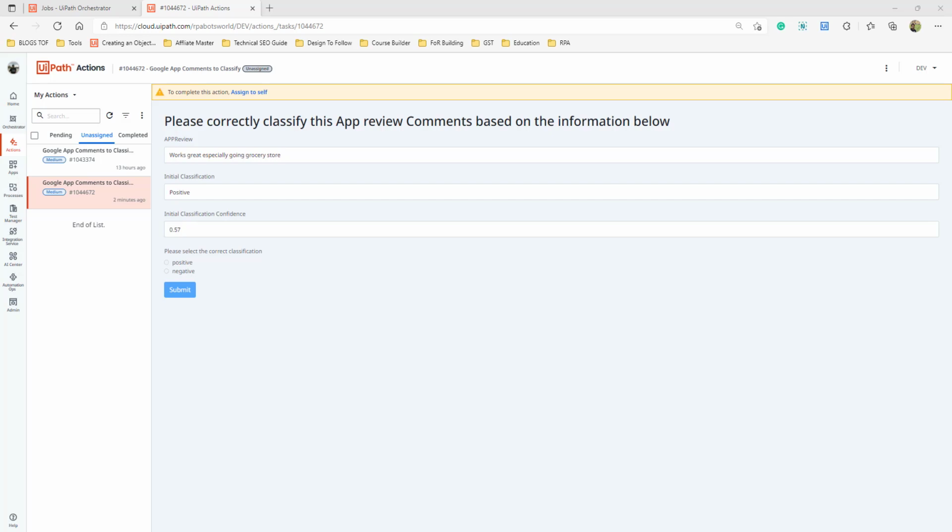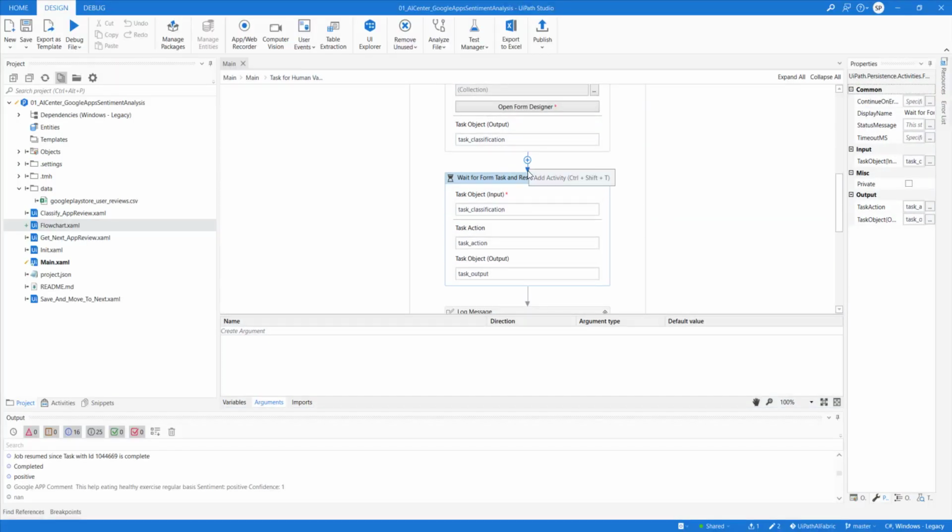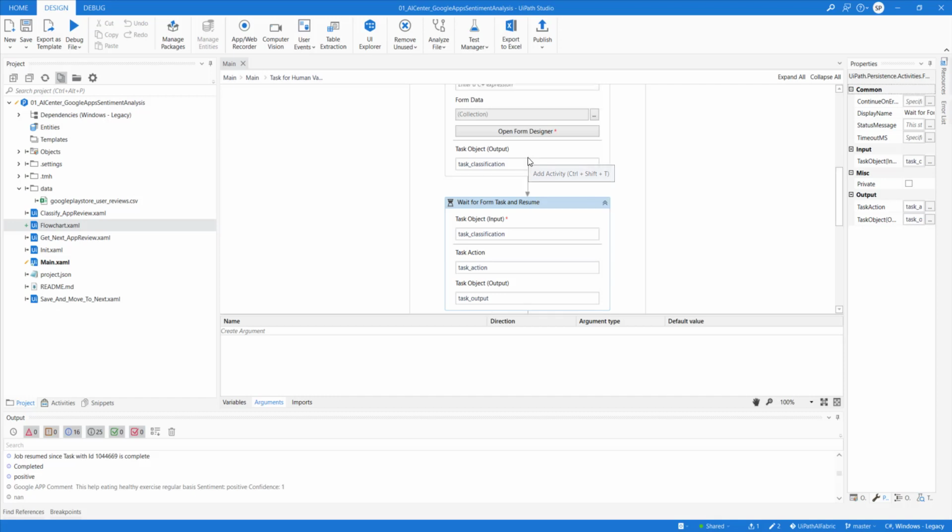Any other questions, guys? Here I have one more question. We are getting an unassigned task in Action Center. If this is happening and no one is at my system, can I send an email alert that we have got one unassigned task and you need to log in? You can do anything here before this workflow. You can create a call using the Twilio API. You can send a WhatsApp message. You can send anything you want. It's all up to you how you design your workflow.